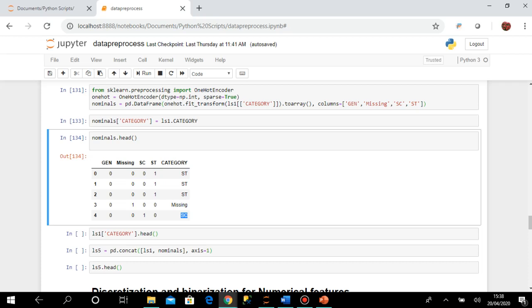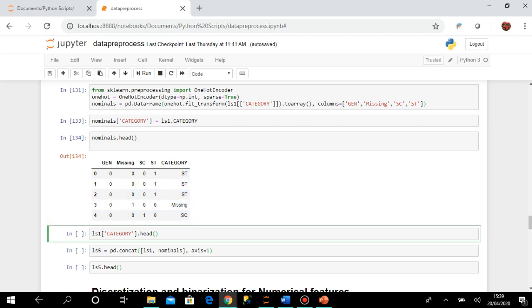As there are 4 types of values for the category, there are 4 columns and all the columns contain 0 except for the actual value present. This is how one hot encoder works, and here I am not doing any ordering. That's why you cannot say that this is higher order or this is lower order. That's how we are handling the nominal categorical attributes.